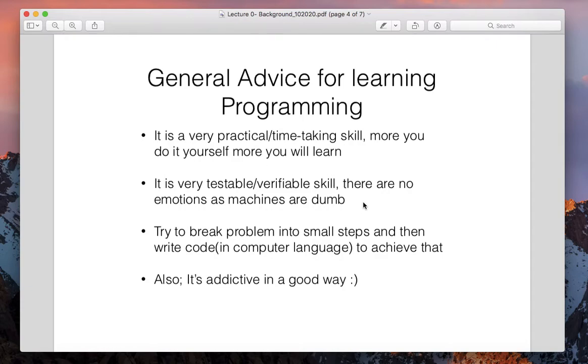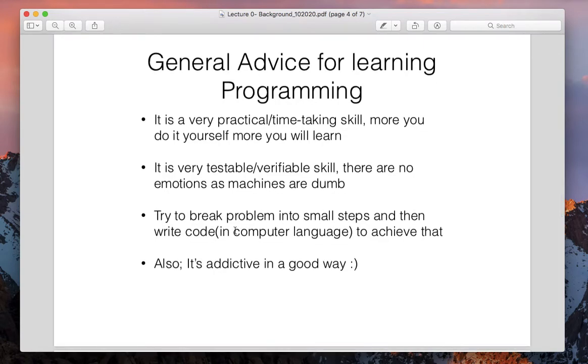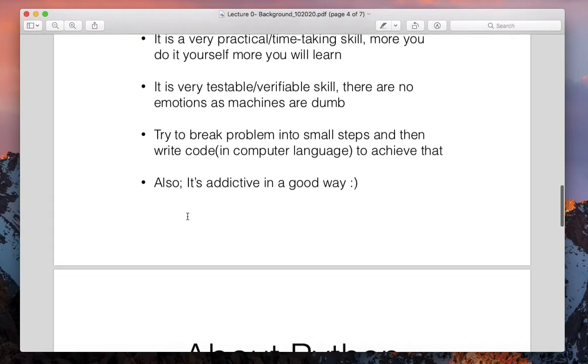I'll show you how to do it, but it's a very out there kind of skill, which makes it very impressive, right? Then the other thing is, if very big problems are there, we have to divide them into small problems so that we can give those steps of instructions to the computer,